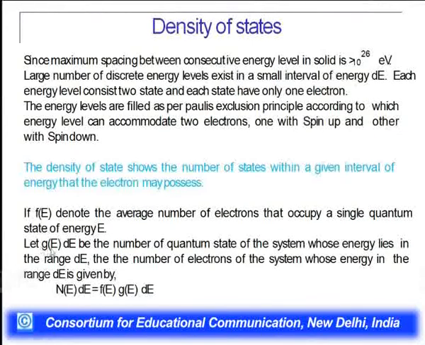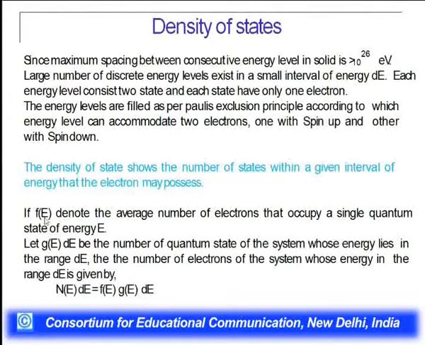So we consider G(E) dE to be the number of quantum states of the system whose energy lies between the range of dE. It means the number of electrons of the system whose energy is in the range of dE will be given by the number of electrons present in the energy range dE, which is N(E) dE, which is equal to